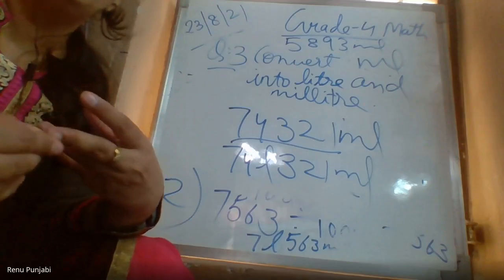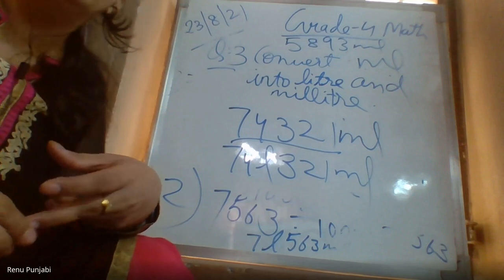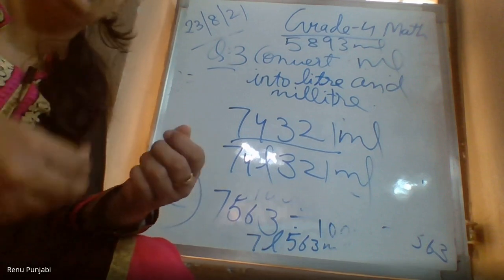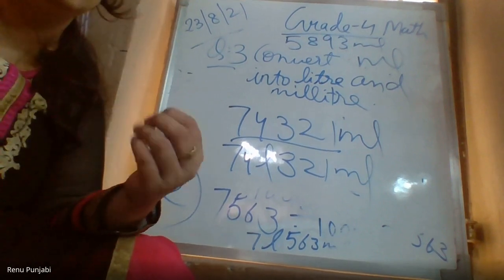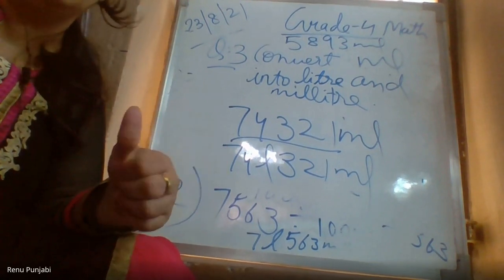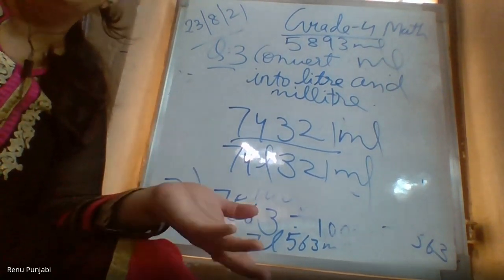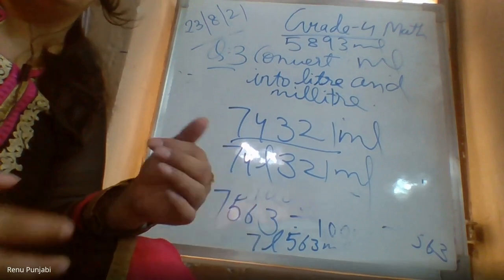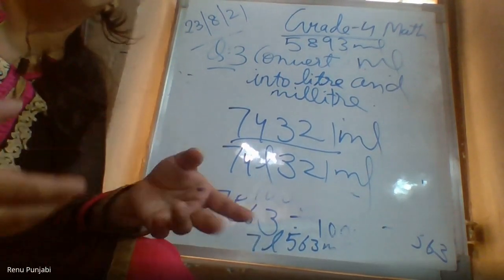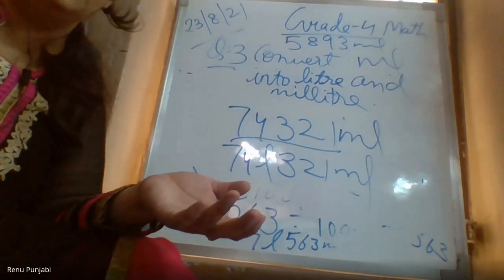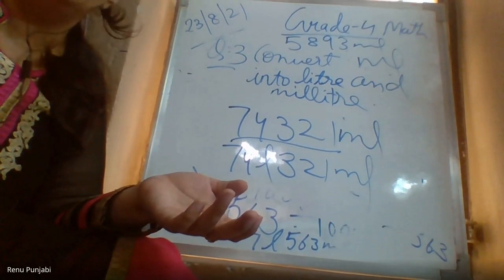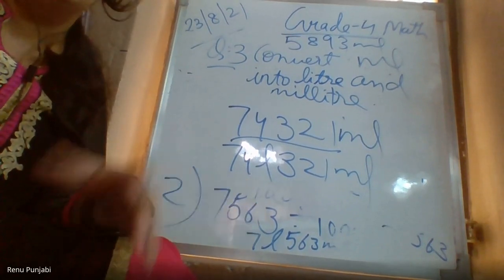Very good. So children, what happened till grade 5? Your maths is the same only. What you are learning in grade 1 and 2, only the upgradation is done. Okay. Some advanced topics are coming. Addition you are learning in grade 1 also. Then why are you learning it in grade 2? Why are you learning it in grade 3? With larger numbers. The concept will be the same. It will come with larger numbers.